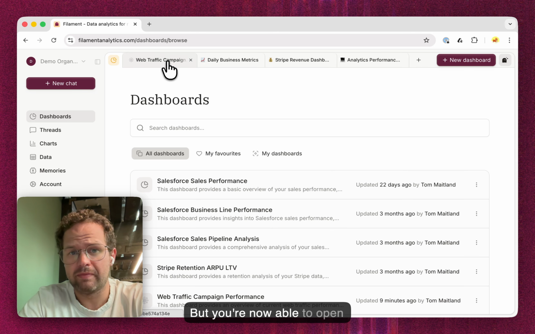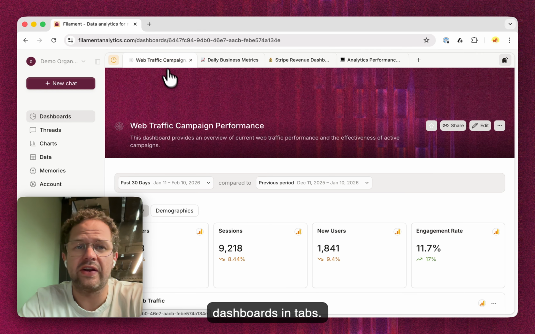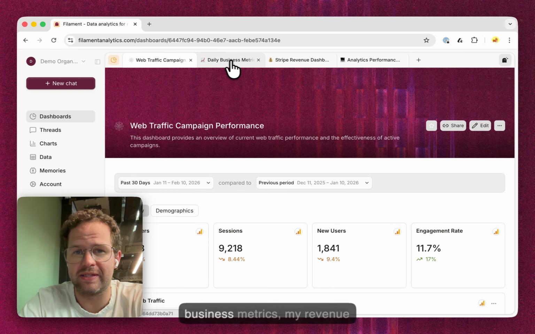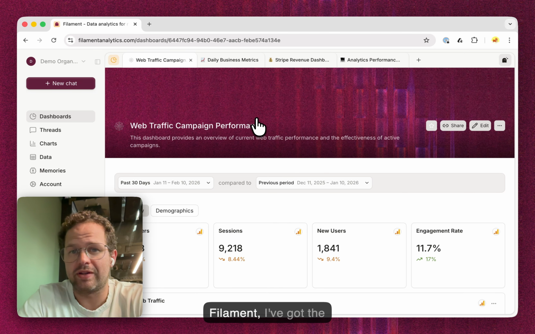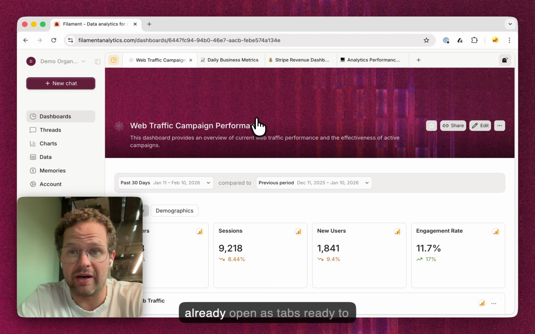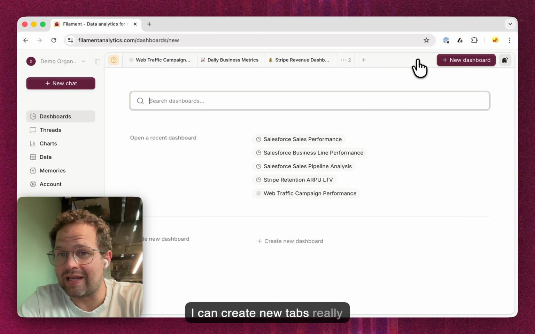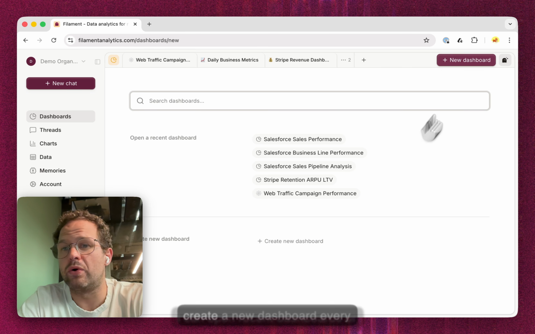But you're now able to open dashboards in tabs. And so here I've got my web traffic campaign performance, my business metrics, my revenue dashboard, and my analytics performance. And every time I come into Filament, I've got the dashboards that I look at already open as tabs, ready to go. I can create new tabs really easily, or I can open recent dashboards or create a new dashboard